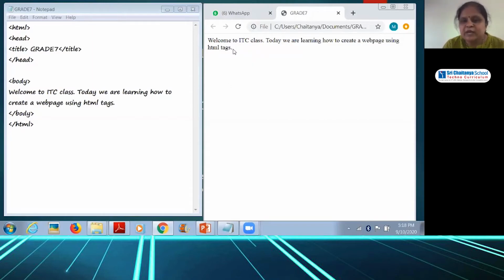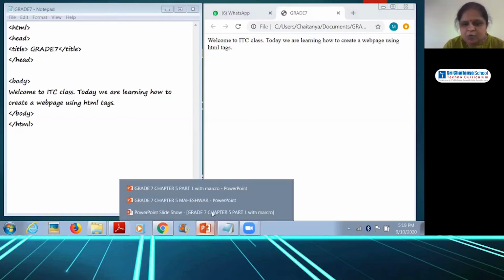One of the advantages is that I can just select the information from the web page. I can copy and I can paste it here. But can we delete this? No, right? We can copy this, but we cannot delete. That is only for web pages. Otherwise, anyone can just open any page and delete, right? So that is not possible. Access is not given for that. I hope everything is clear how to create a simple web page.